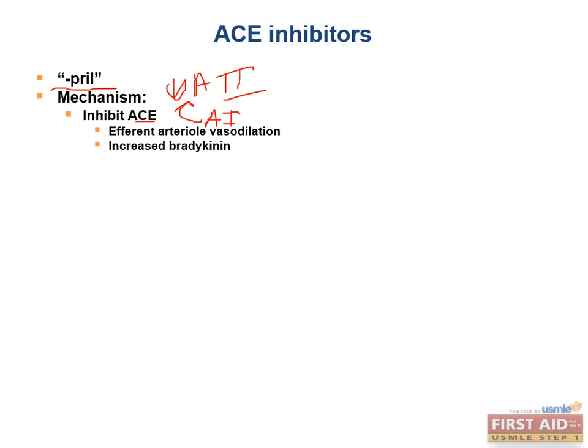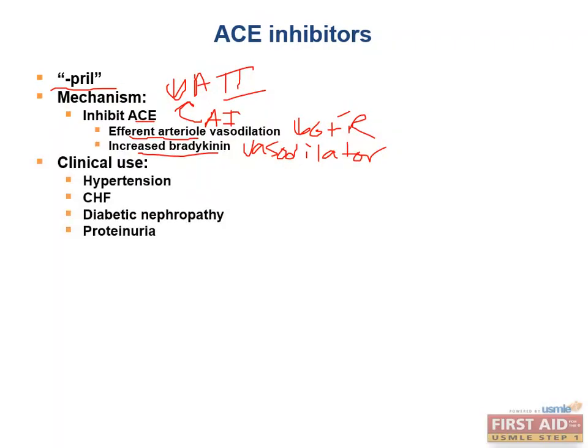And first, it's going to cause efferent arteriolar vasodilation in the kidney, which is going to reduce GFR as long as the afferent arteriole remains the same. And it's going to increase bradykinin levels, which is a potent vasodilator. So clinical uses for ACE inhibitors, first of all obviously is hypertension, but they're also used in heart